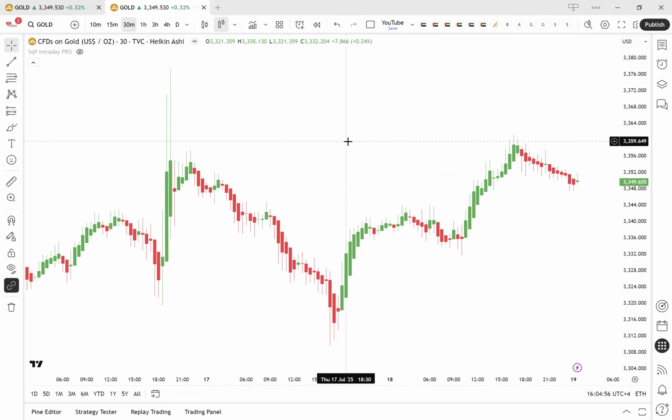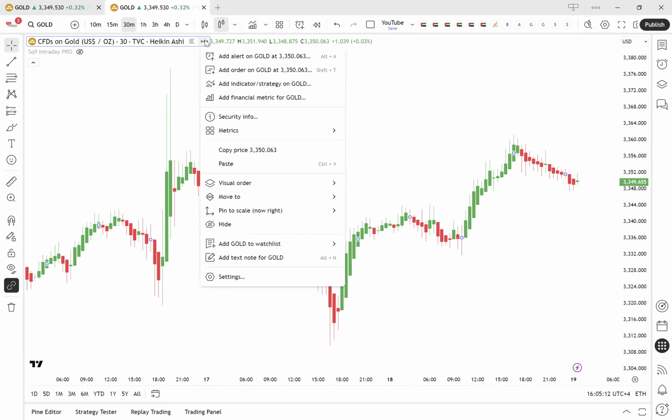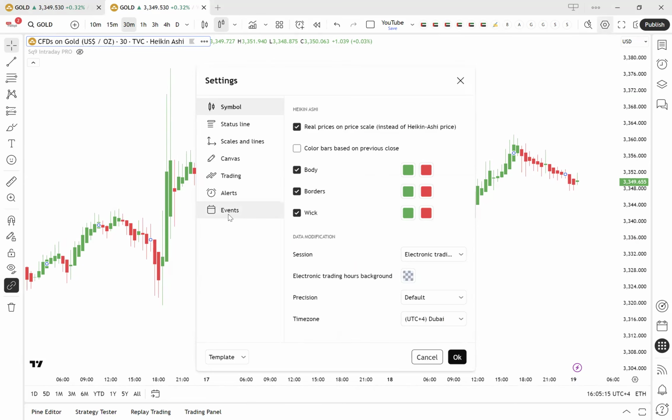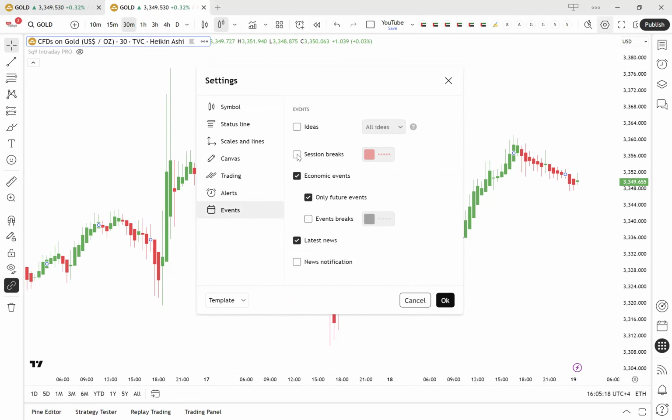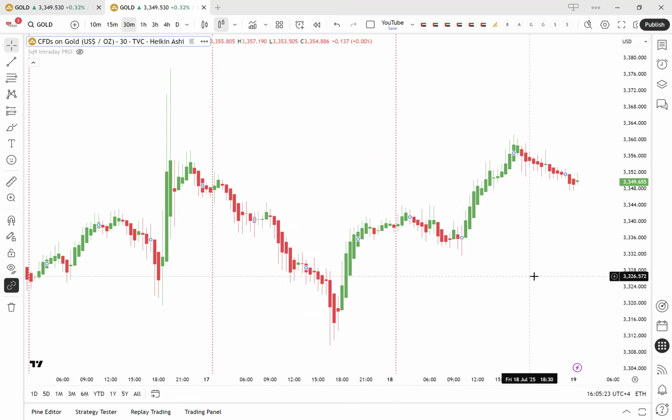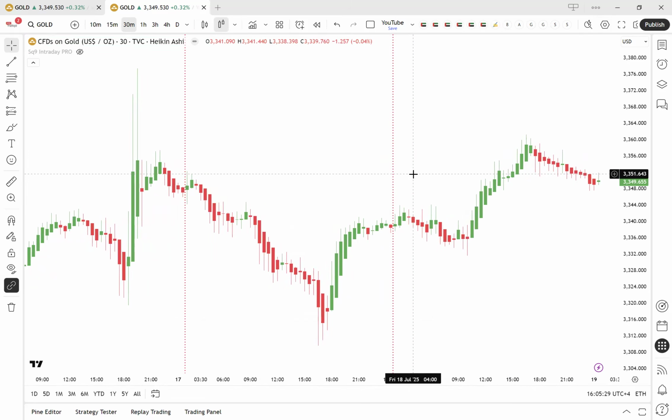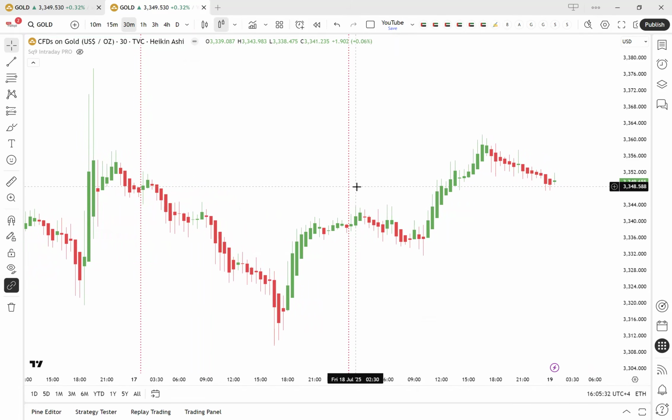Every time I keep getting a lot of questions as to which is the starting candle for a particular intraday setup. So the easiest way to answer is go to this particular instrument name here, and you can see this settings here. Click on that. In the settings, go to events, and there is something called session breaks. Just click on that and click OK. So you can find that there is a day separator. This is the easiest way to mark the day bifurcation for this particular gold international spot in the TradingView